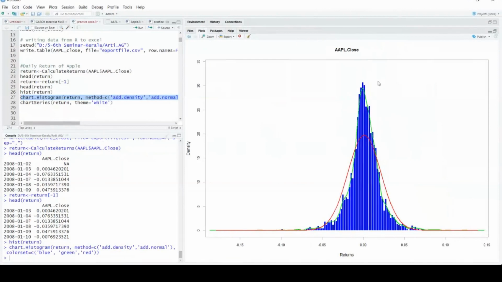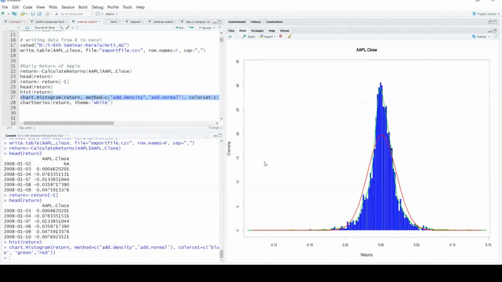After seeing that particular distribution, what I understand is my data is leptokurtic because it has a higher peak. This green curve basically denotes that my fitted data is leptokurtic. It has a high peak and flatter tails. The red curve shows the normal curve. So by seeing the curve itself, I can say my data is not normally distributed and not behaving normally.